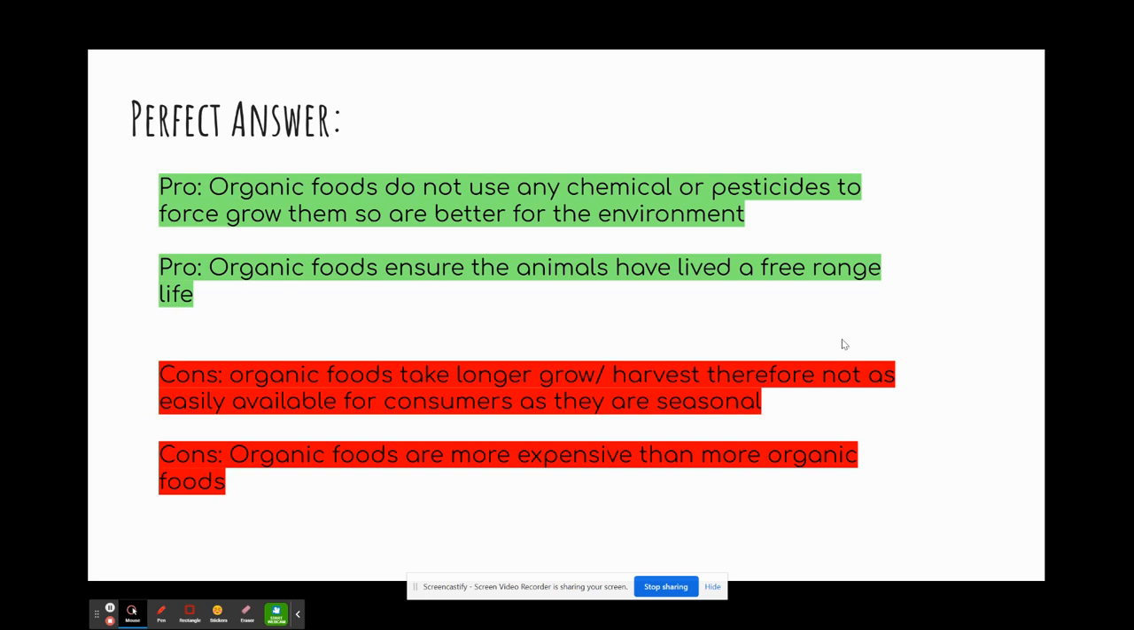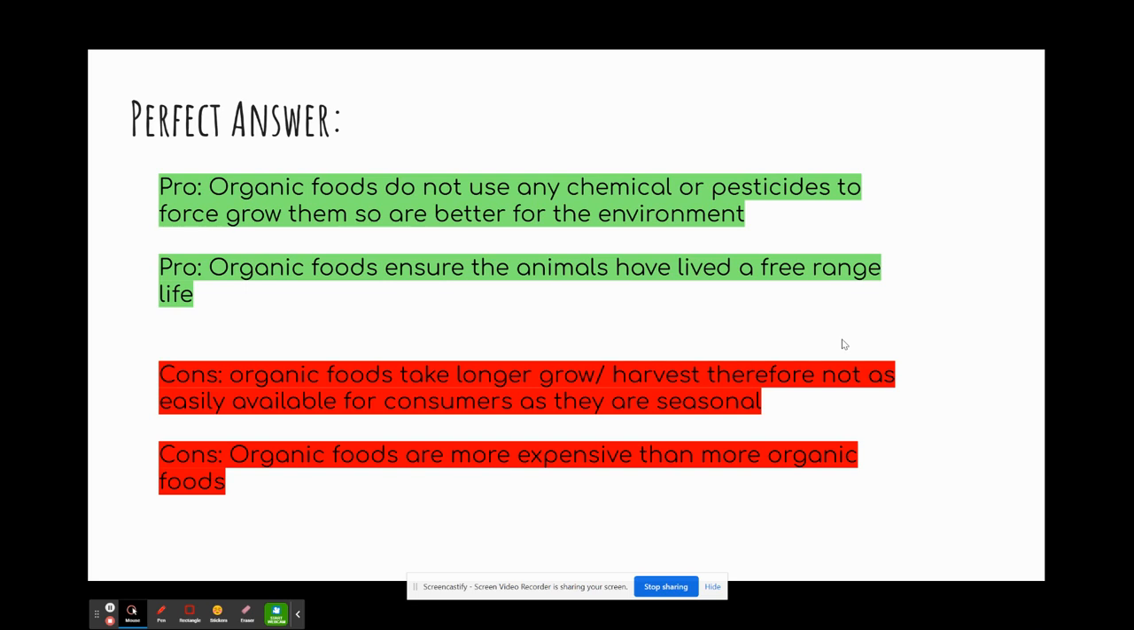And organic foods ensure animals have lived a free range life. They are both 2 facts about what organic foods are and are considered to be a positive thing. Secondly, our 2 cons include organic foods can take longer to grow or harvest, and therefore aren't as readily available. And the other con is they tend to be more expensive